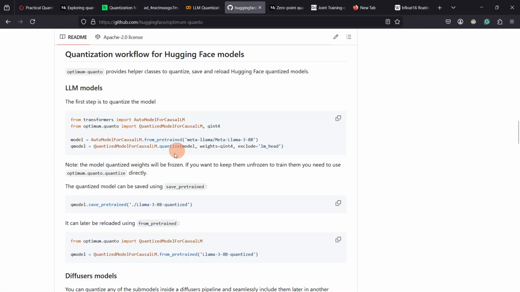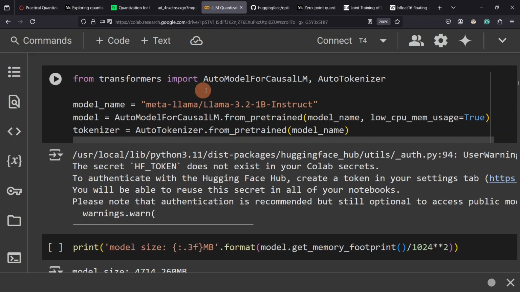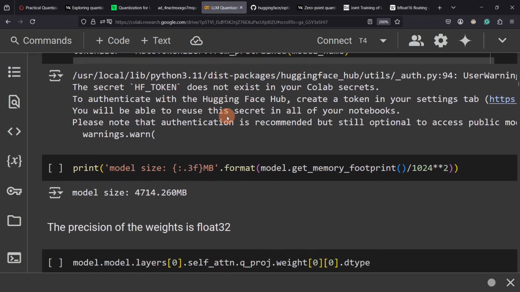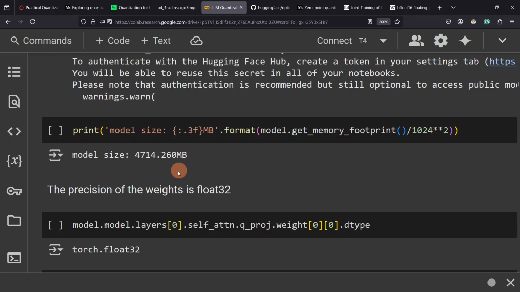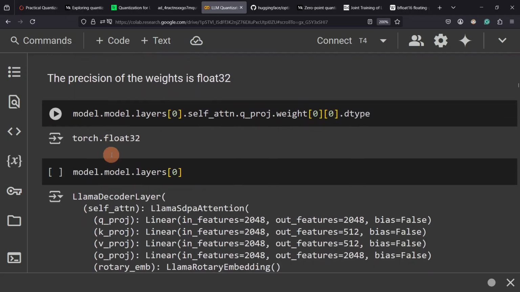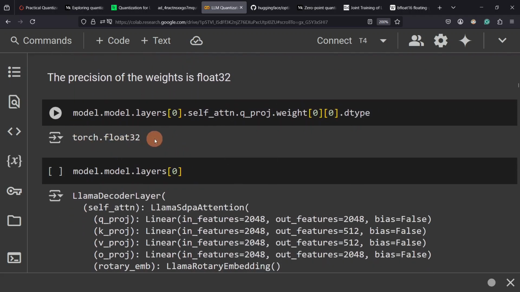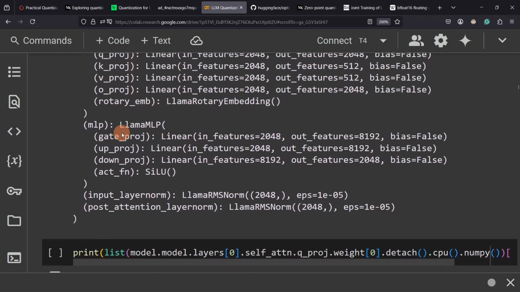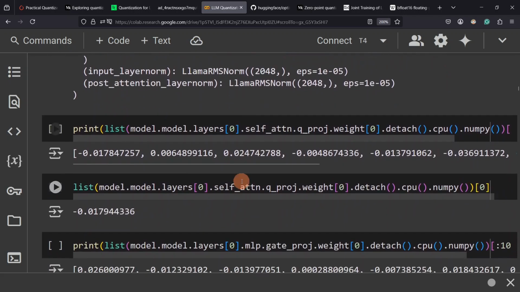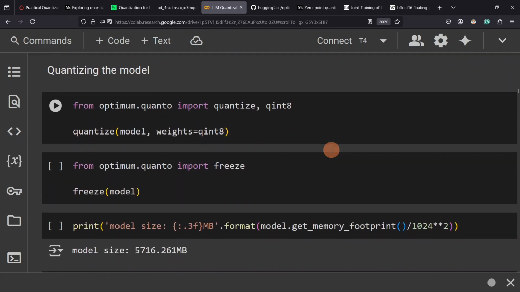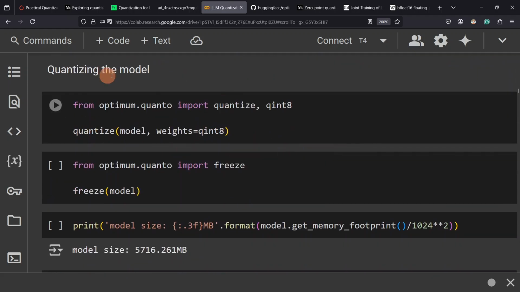You can perform linear quantization on the models using the optimum quanto library from Hugging Face. So we downloaded the Llama 3.2 1 billion instruct. This has around 4 GB of memory and it's in torch float 32. So these are some of the tensor values. So once we do the quantization using the optimum quanto library into QInt8,